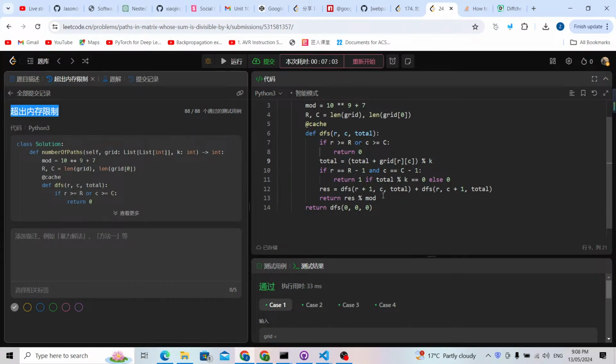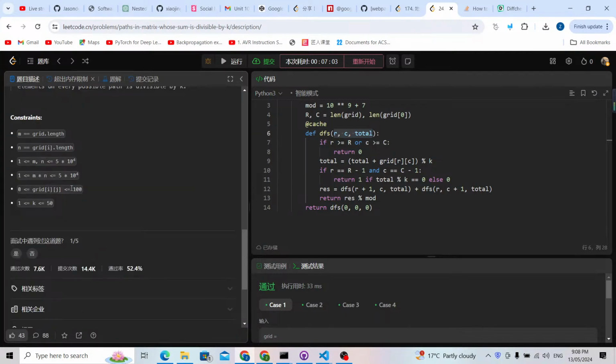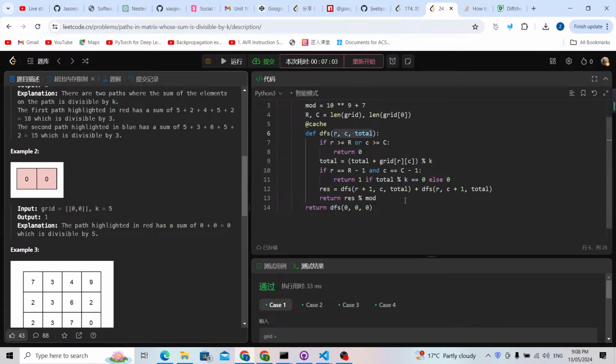Normally for Python, if we use 3 dimensions like R, C and total, it's gonna be time limit exceeded because this number is too big. It is 2.5 times 10 to the power 7, I mean this number times 50. It's gonna be a really big number. Normally we can fix it easily by using the cache library. So we're gonna